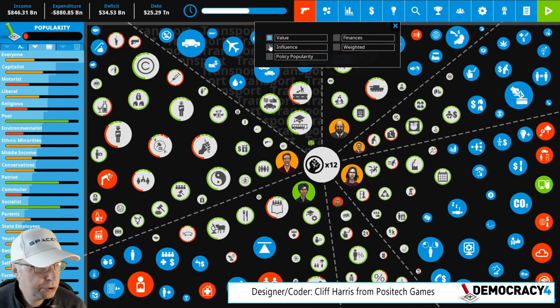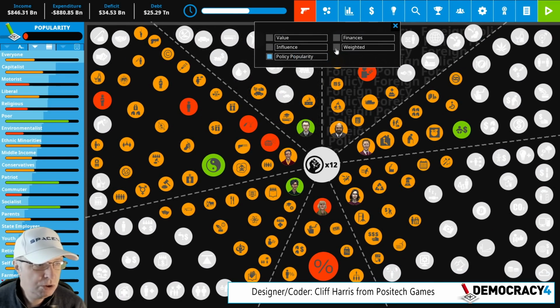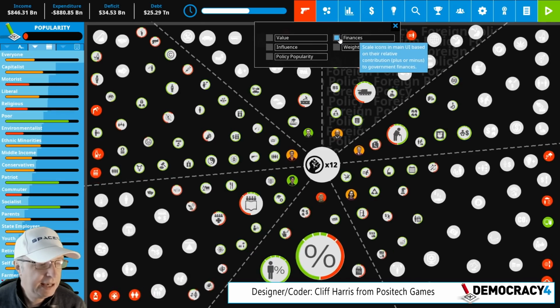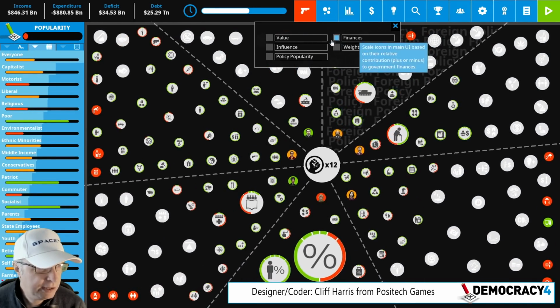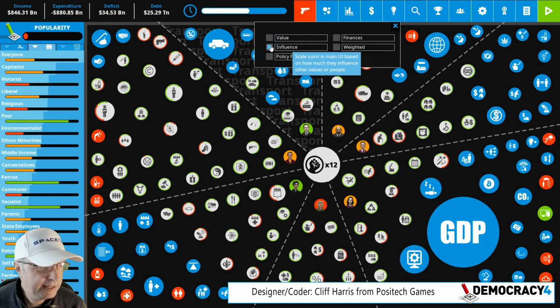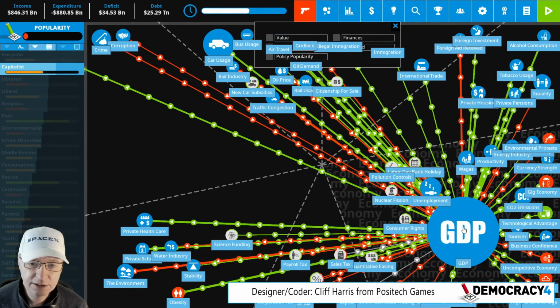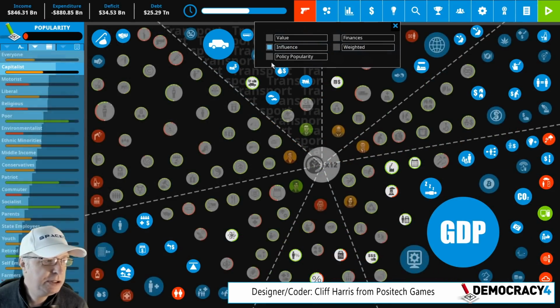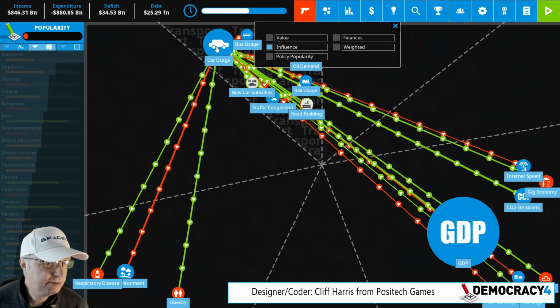I'm interested to know people's thoughts on these viewing options. Do you use them much? What do you think of them? And would you like to use them but you don't find them that helpful? I think the finance one and the popularity ones are very helpful. And again, I think we're letting icons stay too large when they should be really minor. So this is tracking how much stuff this affects and how much it affects it. When you set it to influence, you can tell GDP really matters, car usage really matters,